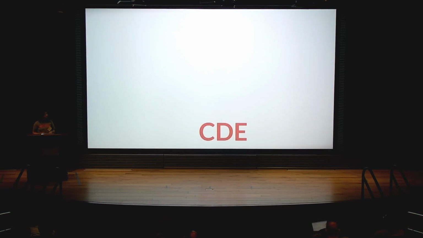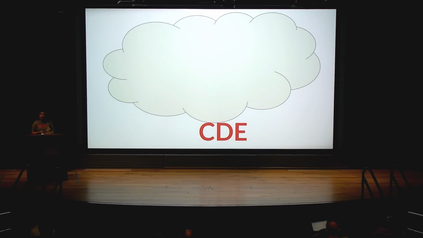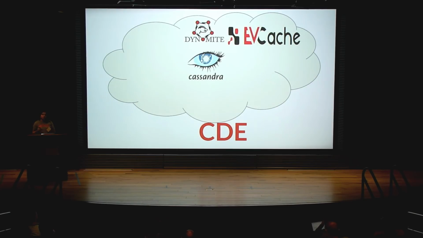Introducing to you the cloud database team at Netflix, CDE. We have polyglot persistence, as I was saying, and we have a wide variety of data stores. Cassandra is our primary data store. It's a NoSQL distributed database. It's highly available, and it's used as a source of truth for most of our microservices. Then we have caching solutions in the form of Dynomite and EVCache. Both are distributed in-memory caching solutions.